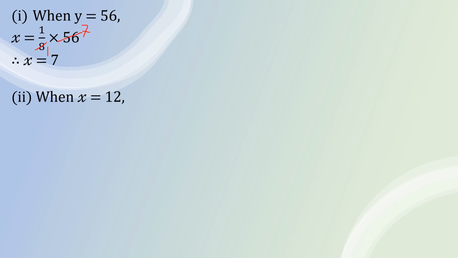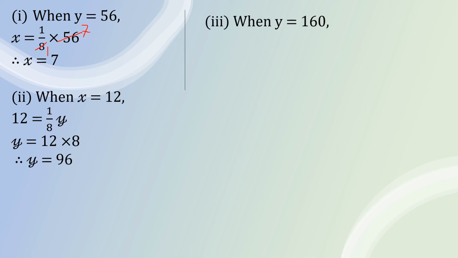When x equals 12, when the number of apples is given as 12, what is the cost? So I'll use the equation of variation and we'll just substitute. That is 12 equals 1 upon 8 into y. I will find out the cost y. So you'll bring this 1 upon 8 to your right hand side, keeping the variable over here. So it will become y equals 12 into 8, because 8 is in the denominator. It will go here, it will multiply. So the cost will become 12 8s are 96. Is it clear?